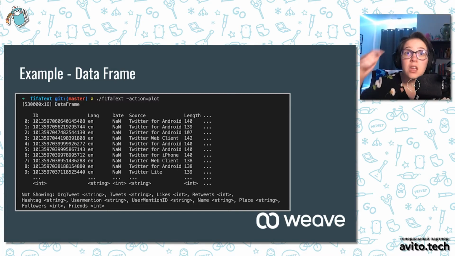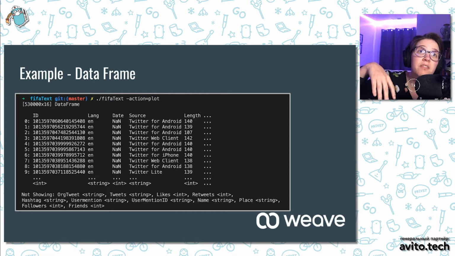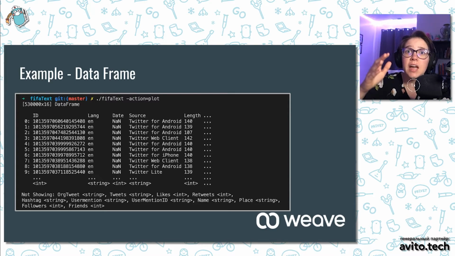As you can see, it's a table. So we've got columns, and we've got about 500,000 rows. Tons of rows. So about 500,000 tweets and 12 or so columns.